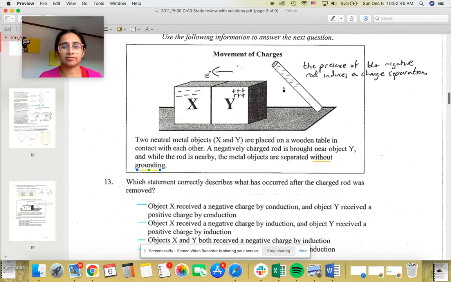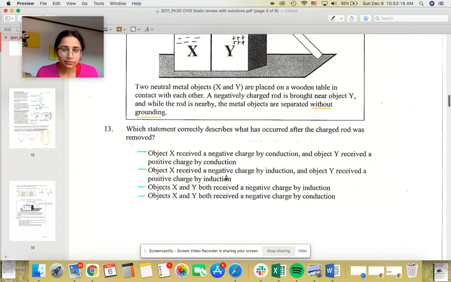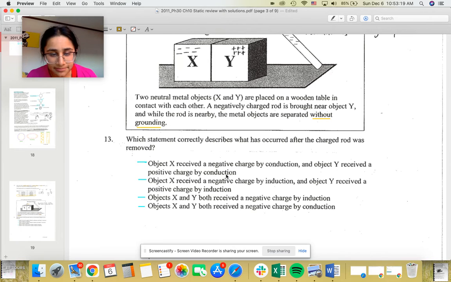Because the rod is negative, all the negative electrons are going to flow this way. They're going to flow to the farthest possible side from that rod, leaving this Y cube overall with a positive charge because of a deficit, and this one with an excess, meaning a negative charge. So basically, the presence of that negatively charged rod creates this charge separation and induces this type of phenomenon within these cubes. So the right answer for this would be,